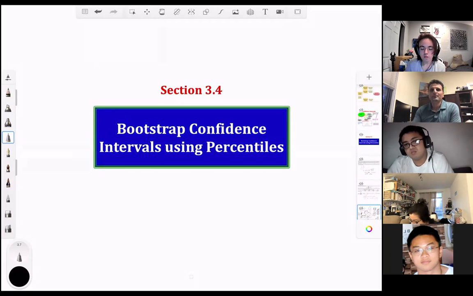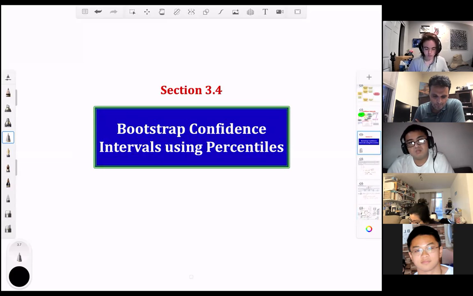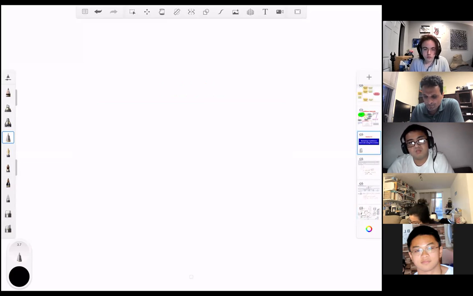The last section in chapter 3 is 3.4, bootstrap confidence interval using percentile. Last week we talked about bootstrap. It was kind of interesting, right? The idea about bootstrap is,